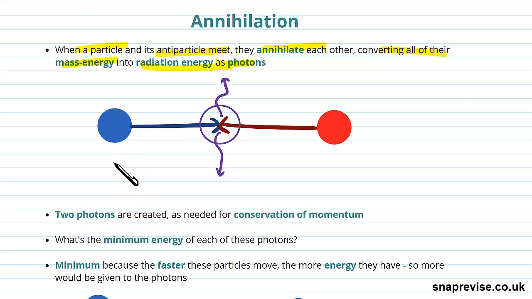So just label that. We could have that this is our particle, and this is our antiparticle, and these are our photons, and this is where they collide. So the first thing to note from this diagram is that two photons are created, and we need that for